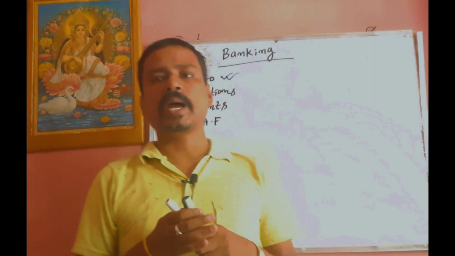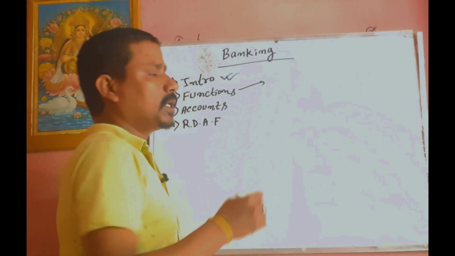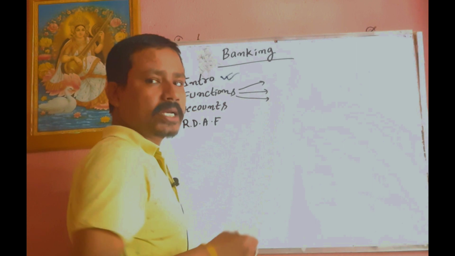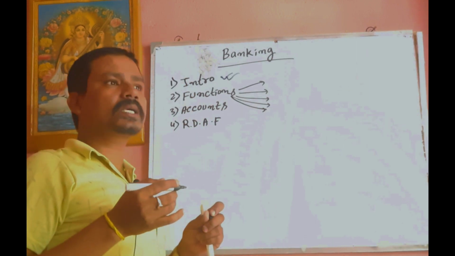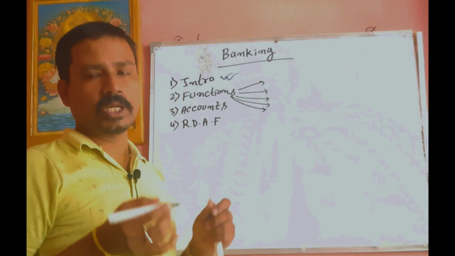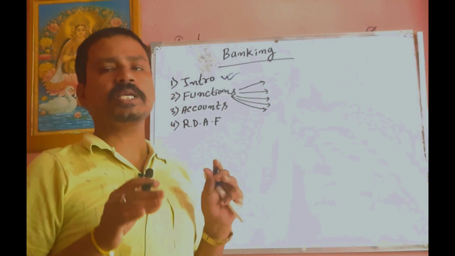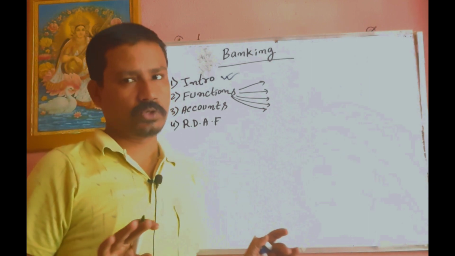Okay, now we move to the next part, that is the function. What is the function of a bank? A bank can provide a debit card, a credit card, and loans, and a bank can accept bills like electric bills, phone bills, etc. And these are the major functions of any kind of banking institution or financial institution.